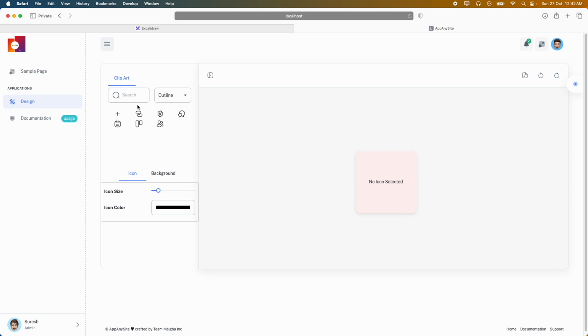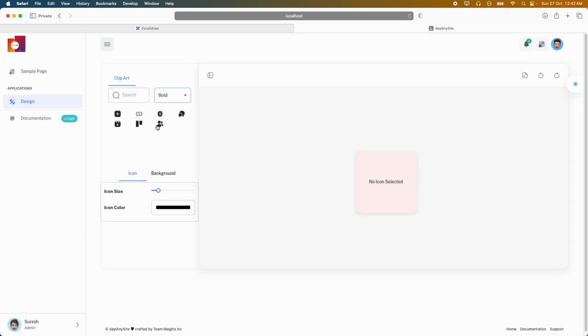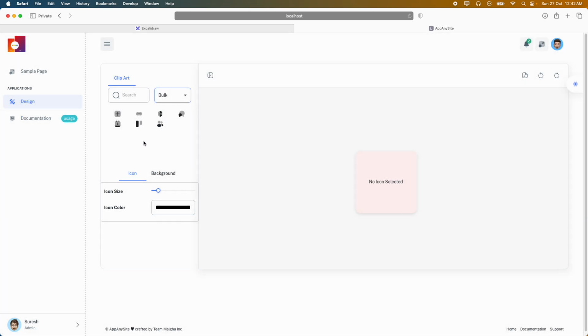Okay, so let us see. These are the icons which we have, and we have multiple categories of icons. If I click on this bold, you'll be able to see the bold icons, bulk icons, broken icons and all. I personally like this bulk. Let us go and play with this icon. Let me choose an icon, this one, and I'm going to increase the size of the icon,